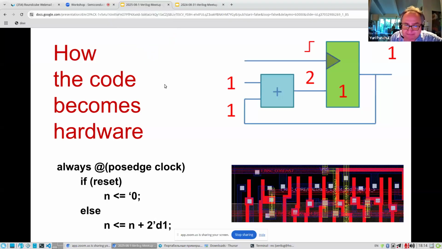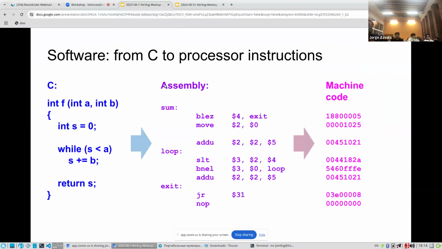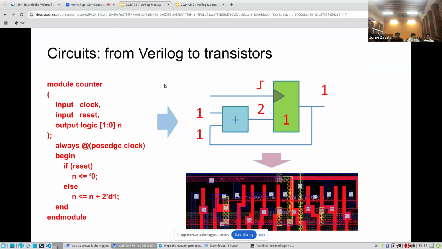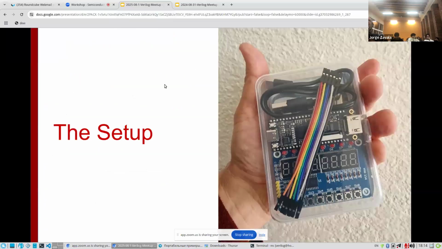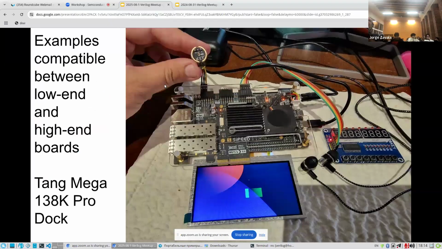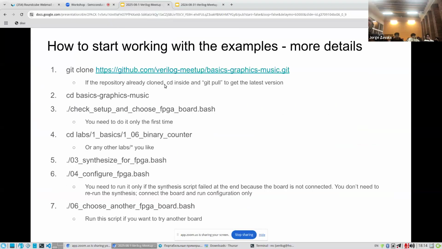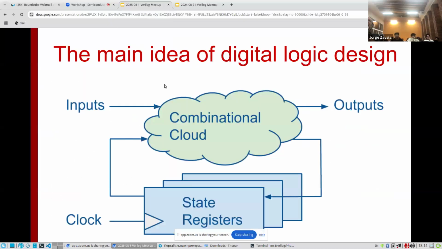Let's get the very same slides. So first of all, what is the main idea of all hardware design? This picture shows this main idea.